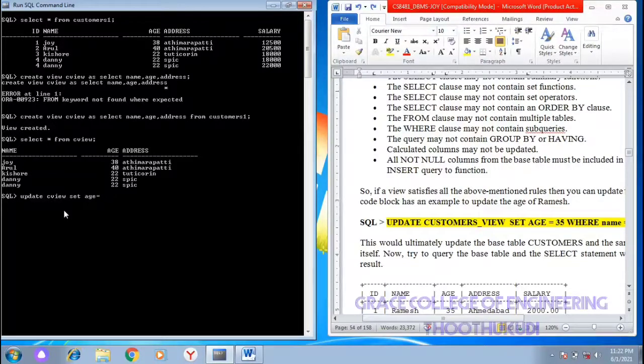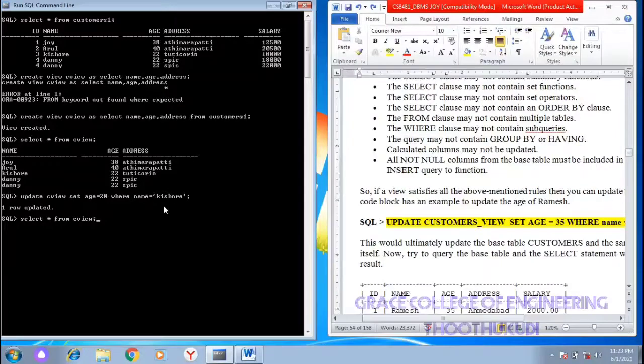The update command is: update, then the view name, C view, set age equal to 20 where name equal to Kishore. Then enter.